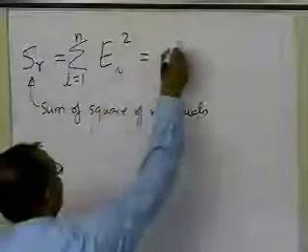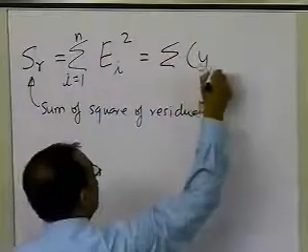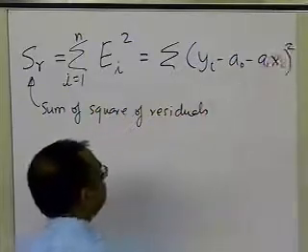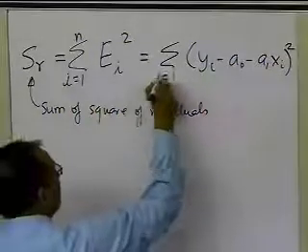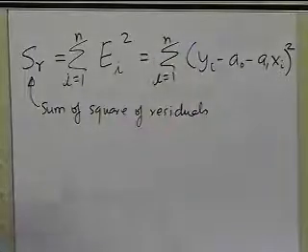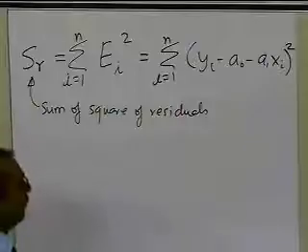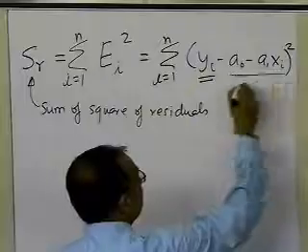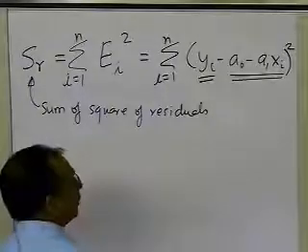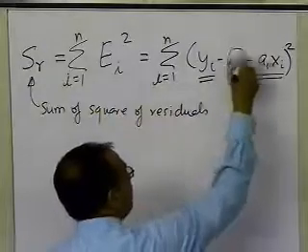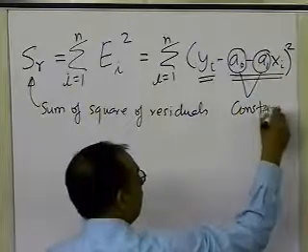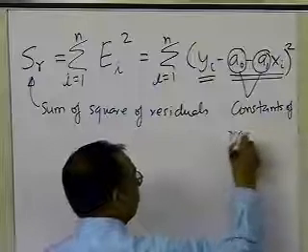So that means a summation of y sub i minus a0 minus a1 x sub i, squared, from i equal to 1 to n. So you want to minimize that summation. Now you can understand that when somebody is telling you to do regression, you have these as the observed values, and this is what you're predicting. And the only control which you have is on these constants of the regression model. So these are called the constants of the regression model.